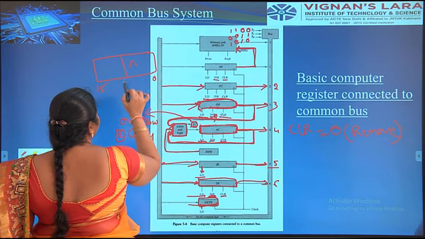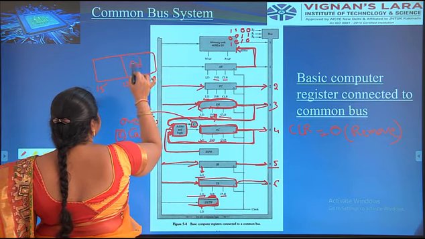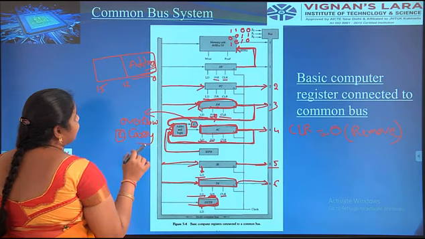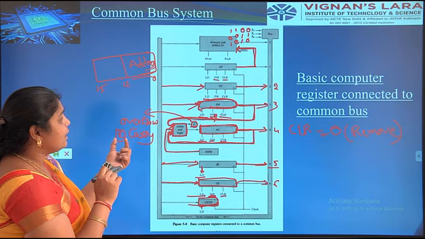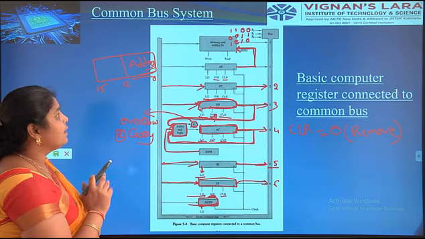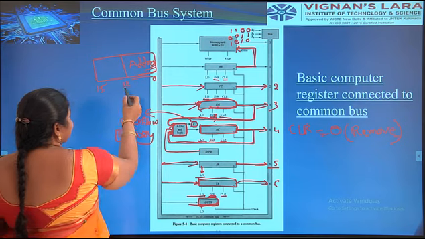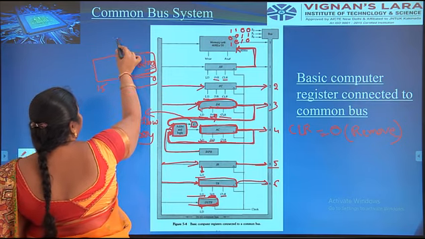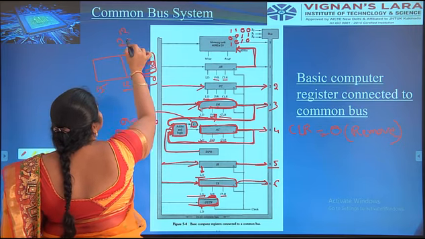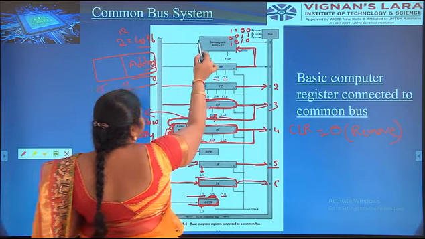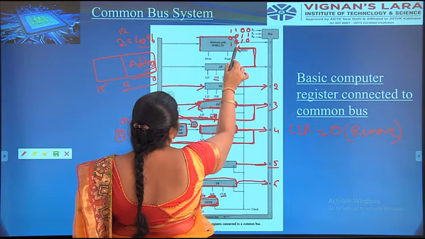Here 0 to 12 we take as the address. The address is stored from 0 to 12, so 2 power 12 means 4096. In this memory unit we have to place